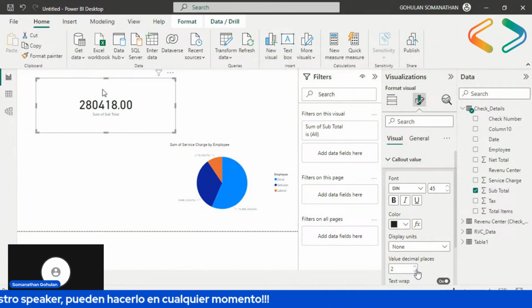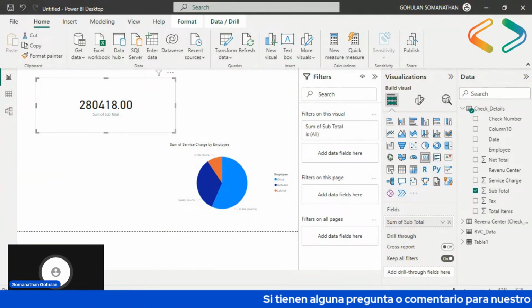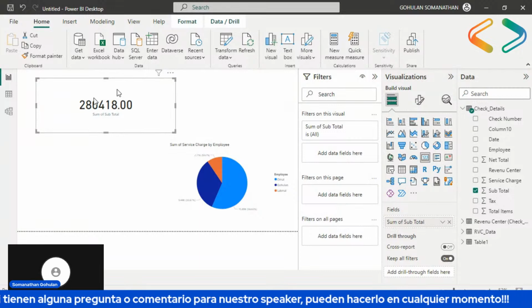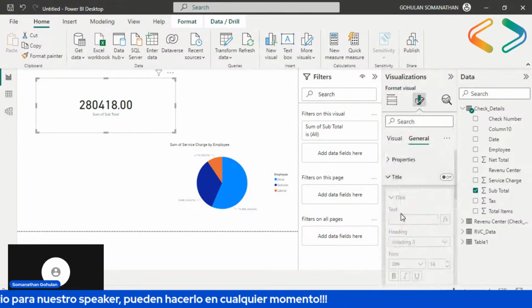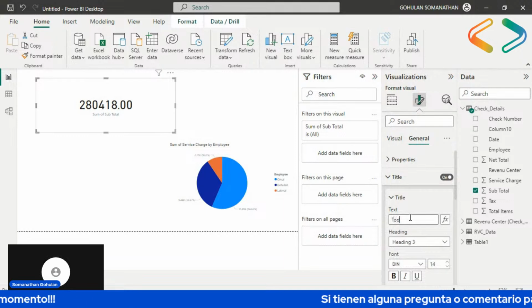Alternatively, you can rename it. Maybe we can rename it to today's summary. How to name it? Select this one, inside the General tab go to Title, and make a title called today's operation summary.